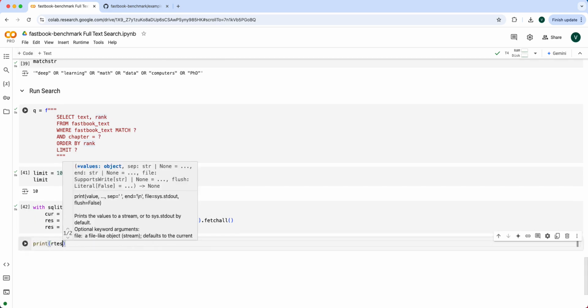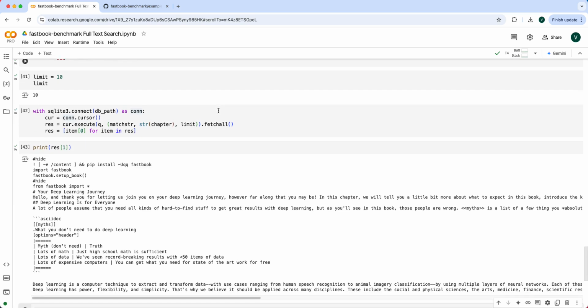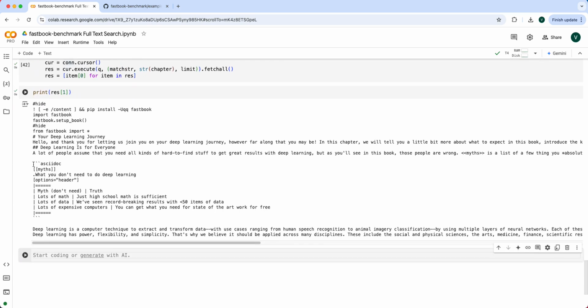And we look at, in this case, it was the second string, which we can see that, okay, yeah, here's the answer: what you don't need to do deep learning, and here's all the answers to those questions. So the last thing I'm going to do is wrap all this up into my full text search function,